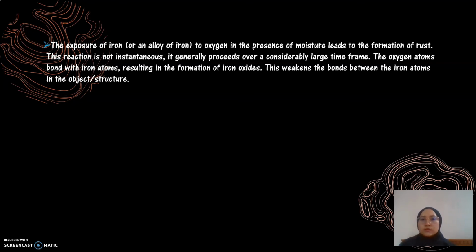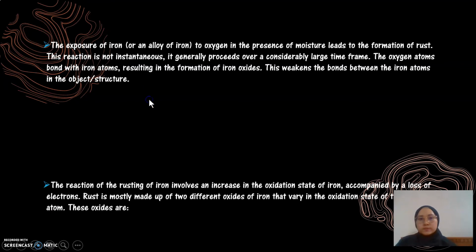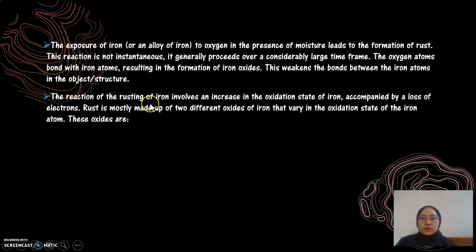It generally proceeds over a considerably large time frame. So the oxygen atoms bond with iron atoms, resulting in the formation of iron oxides. So this weakens the bonds within the iron atoms in the object or structure. So the reaction of the rusting of iron involves an increase in the oxidation state of iron, accompanied by a loss of electrons. Rust is mostly made up of two different oxides of iron that vary in the oxidation state